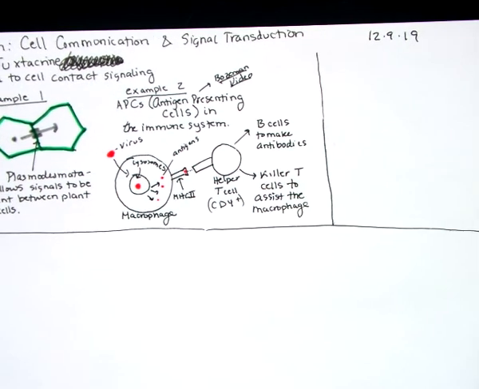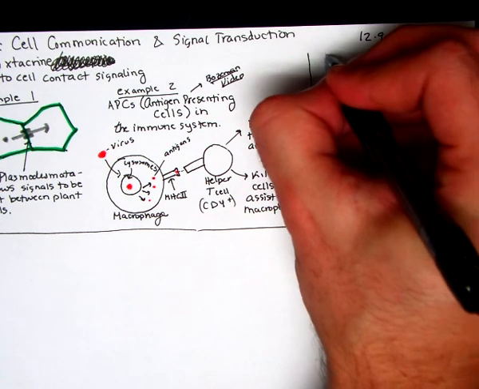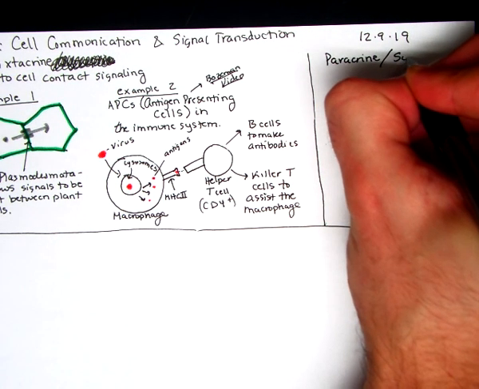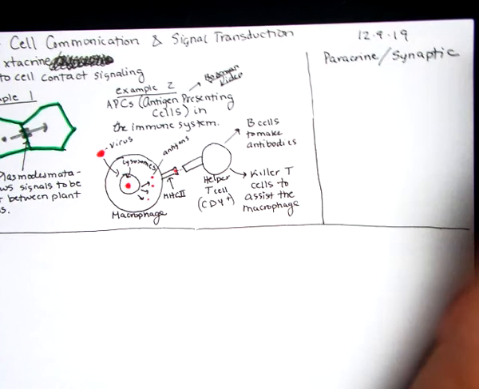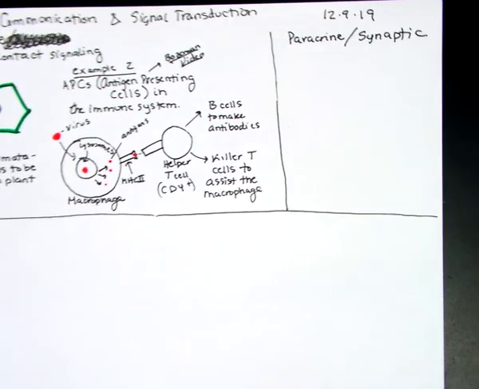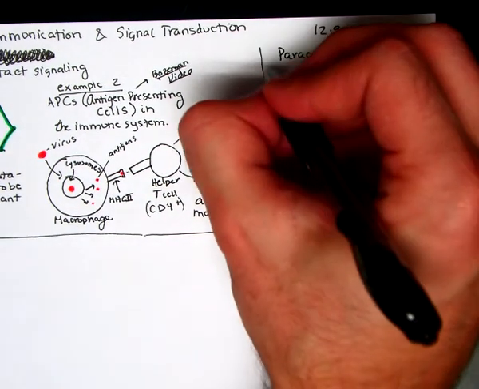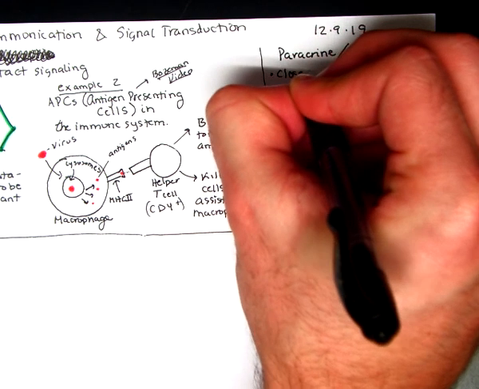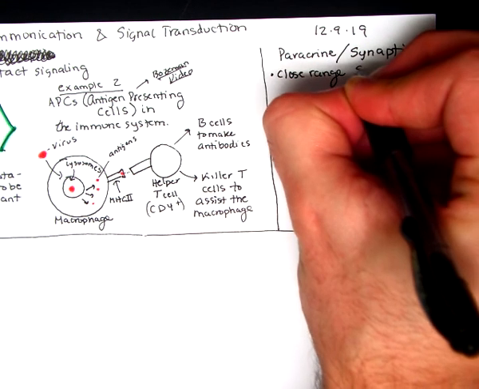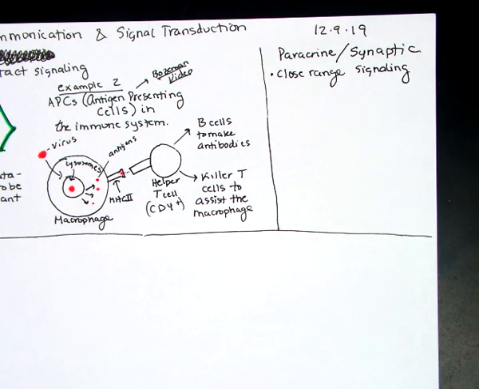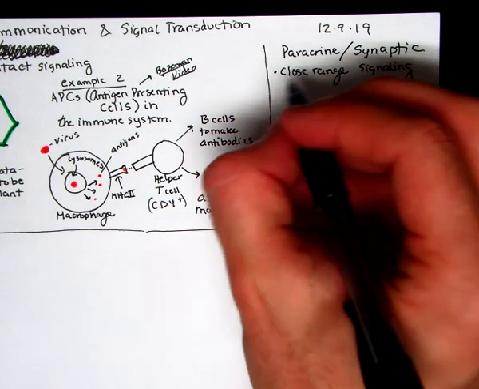Other type here. This is paracrine or synaptic. Paracrine or synaptic. And what we're referring to here is close range signaling. So not direct contact, but close range. The two major examples,